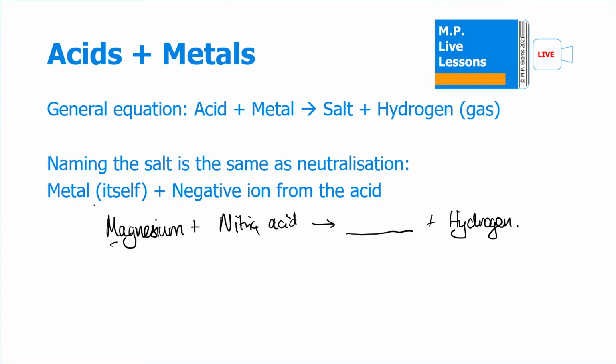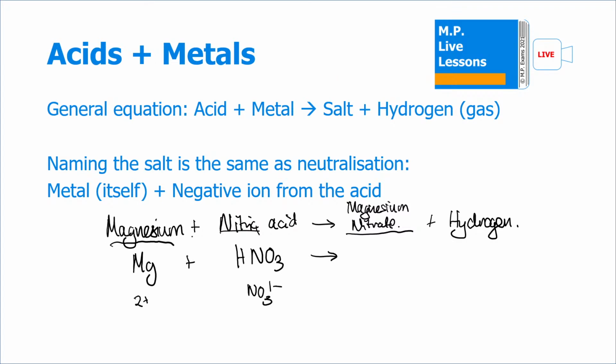Now the salt gets its metal, it's magnesium, and the negative ion comes from the acid, nitric, so nitrate. If you're interested in the formulas, you'll have Mg plus HNO3. Now Mg is a 2 plus ion, NO3 is a 1 minus ion. So if we switch them around,